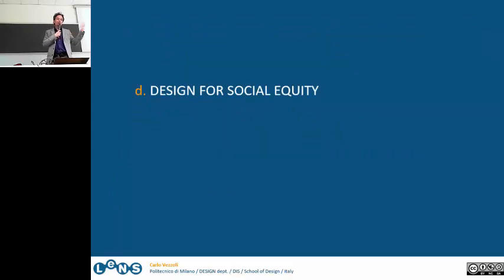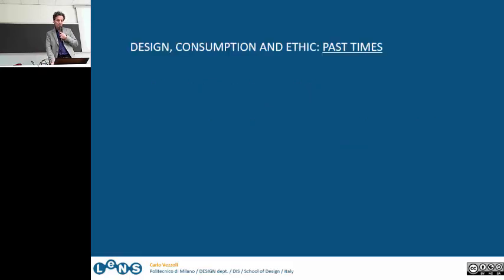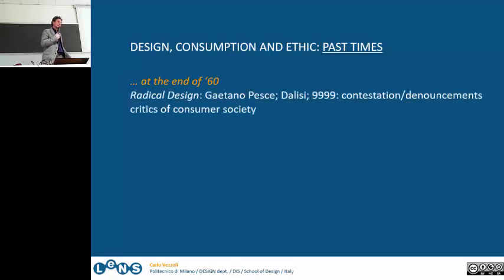Then more recently, the discussion, well actually it was already 10 years ago, moved on to the level of designing for social equity and cohesion, so for the socio-ethical dimension of sustainability. Actually, if we look back to the past, this was not treated exactly as an issue linked to sustainability, because that was not. But